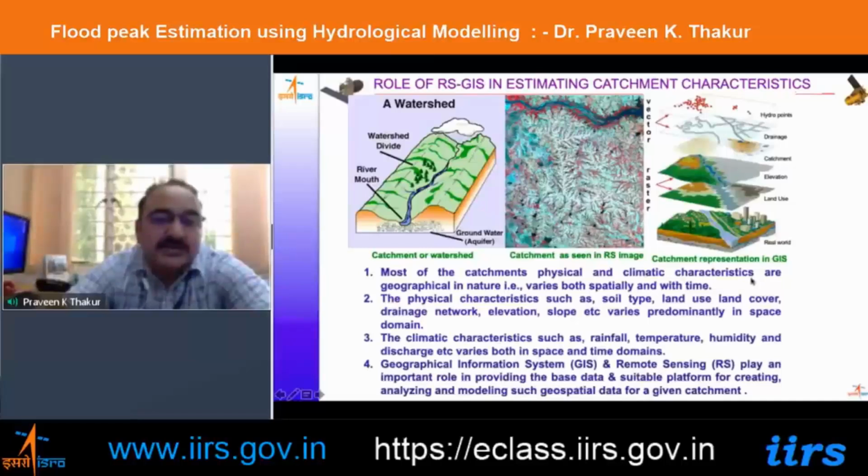So climatic characteristics represent the input data, that means the precipitation, the evapotranspiration, temperature, and the snow characteristics. And the catchment characteristics represent the physical part, that is what is the soil type, what is the land use, land cover, what is the drainage network, how the slope varies, and also the elevation changes. So all this data, once it is geocoded, you can use the GIS to integrate this data